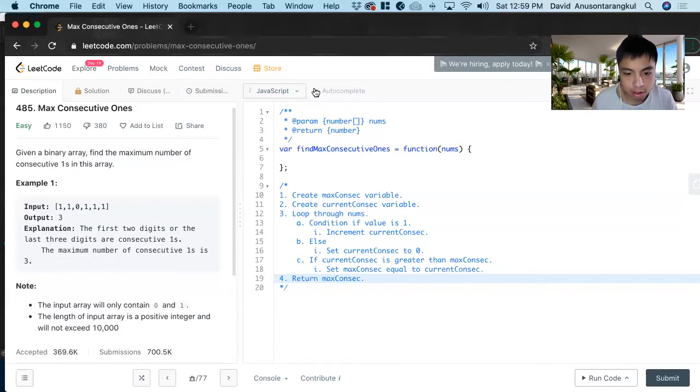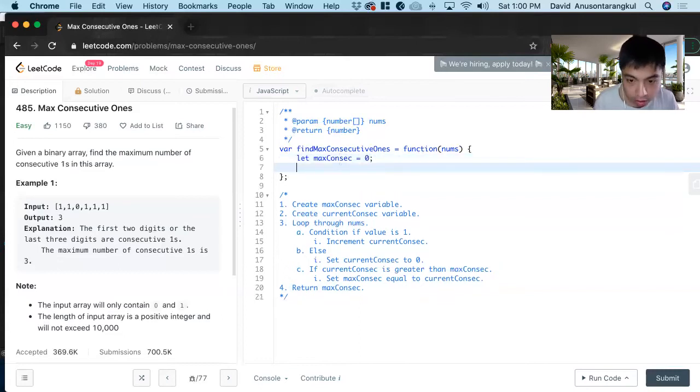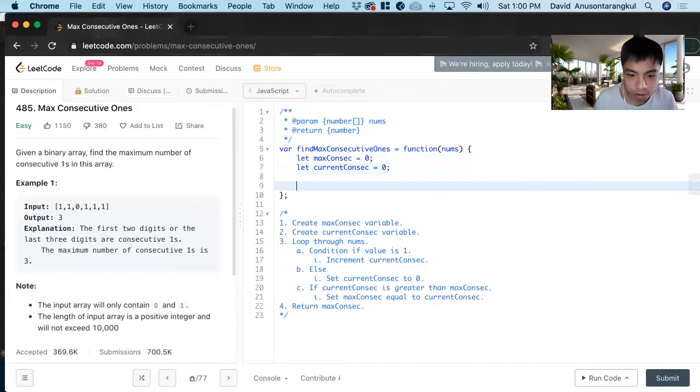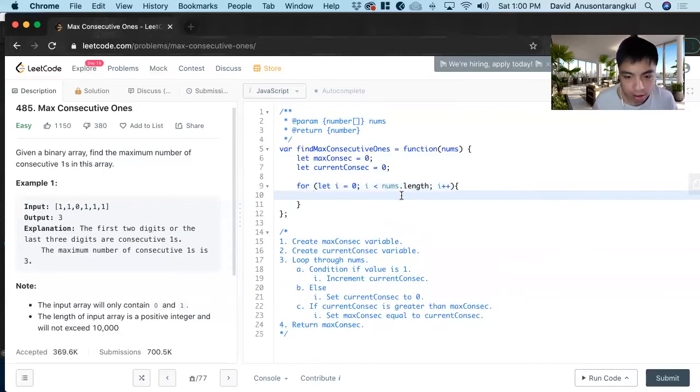And lastly, we return maxConsec. So we create the variable maxConsec equals 0. Then we create the other variable, currentConsec, equals 0. Now we loop through nums with i equals 0, i is less than nums.length, i plus plus. And now we have to see if it's a 1 or not. So if nums index i